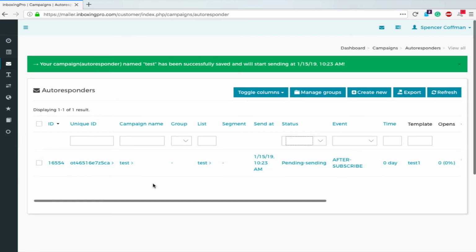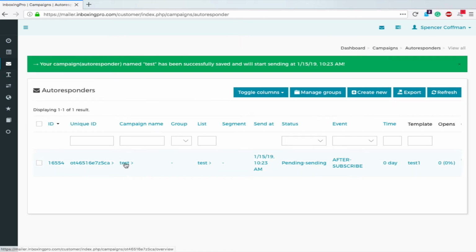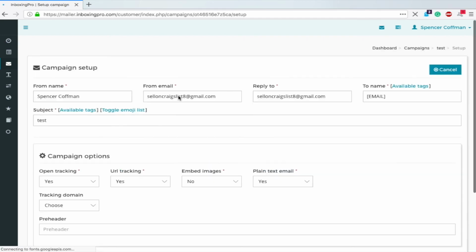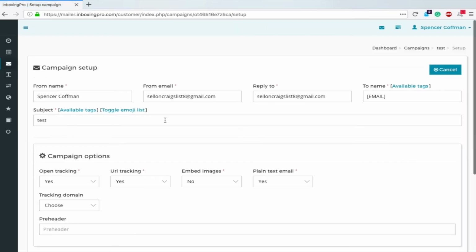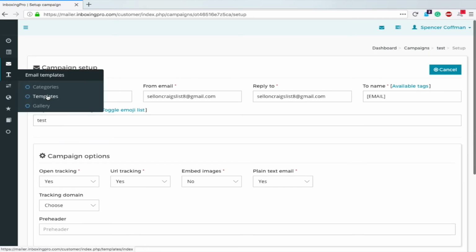But it would be nice to continue that and have maybe 10 messages in that autoresponder. But it doesn't appear like that is the case. Let's click on it one time, I guess, and just see what happens. Yeah, no, it just goes back to the options. So we'll move on to